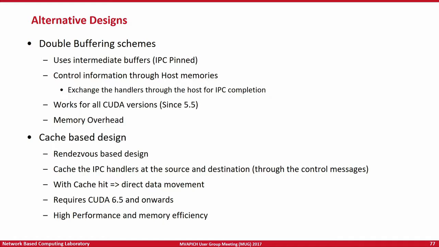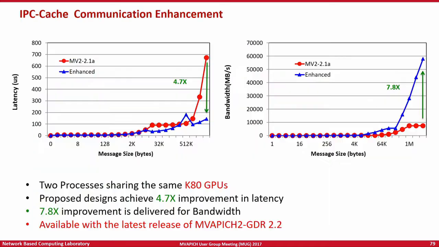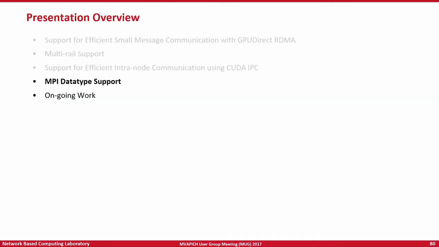So far we've been looking at basic point-to-point communication using simple data types, but as you know, applications use a lot of complex data types which have structures or unions in them. So how do you take advantage of these complex data types? For that we have built-in kernels to perform packing and unpacking of these data types, and these are the environment variables that enable or disable these particular features.